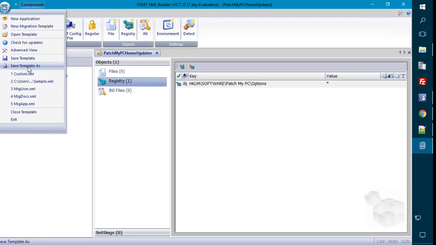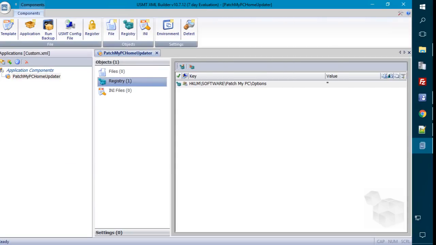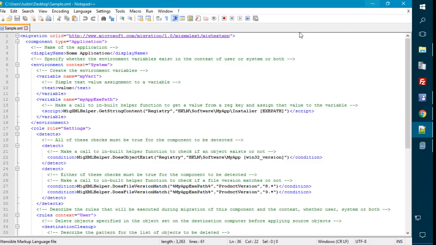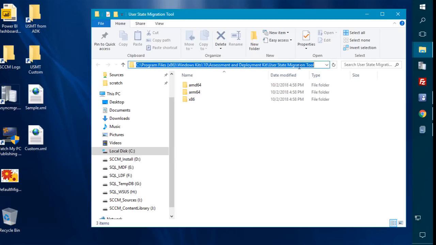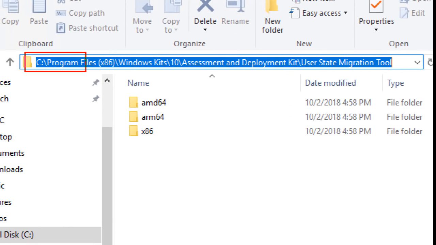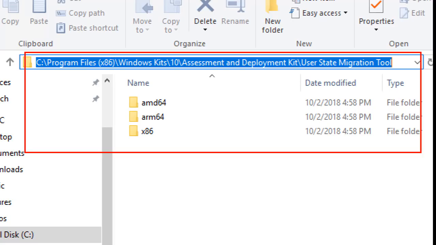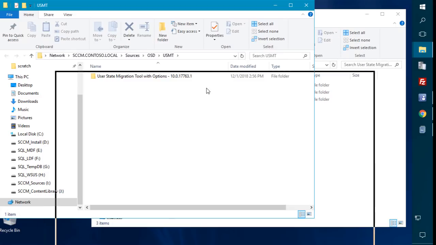So I'm going to go ahead and save this template, and I'll just put it on the desktop, and we'll call it Custom.xml. Now, what we're going to do here, since we're going to add a custom XML, I'm not going to add the XML directly into the USMT install folder, just because if USMT was to get updated, it's possible that it might overwrite that. So what I'm going to do is I've already copied that USMT package, and I've stored it